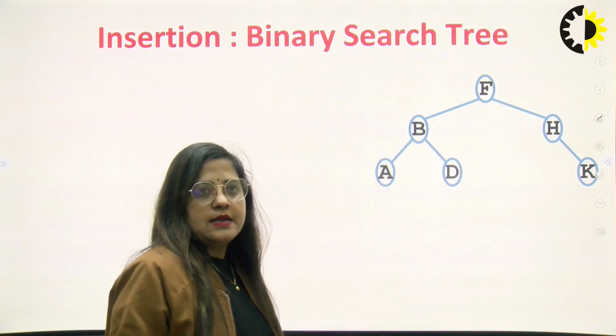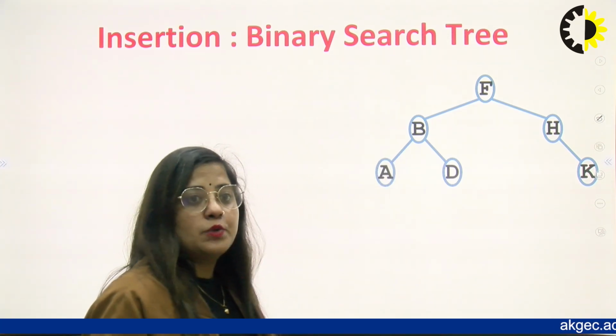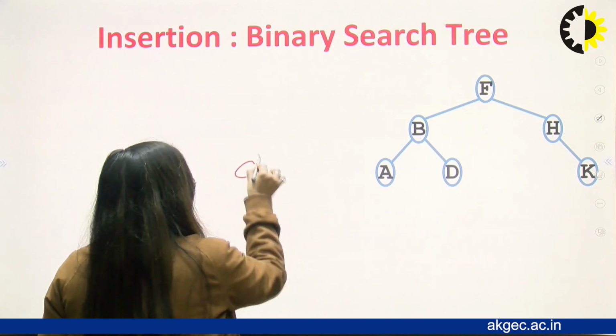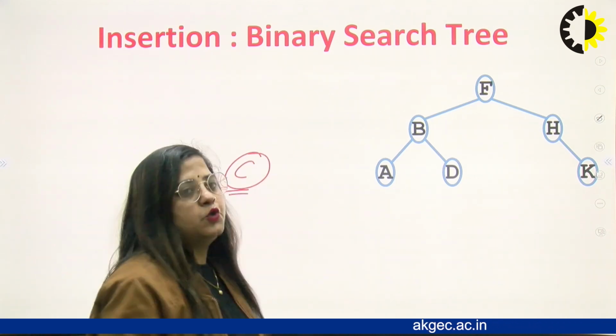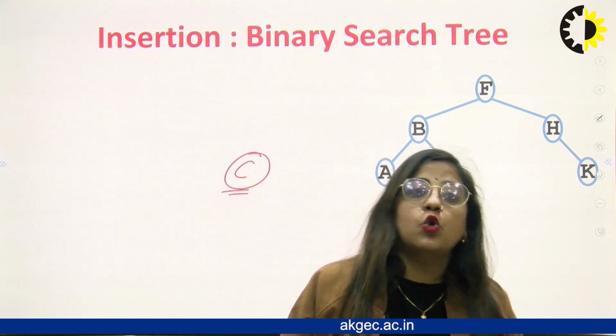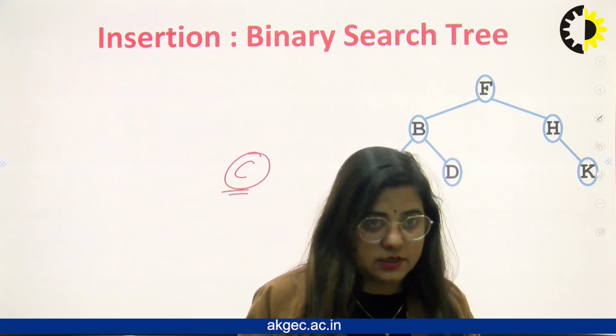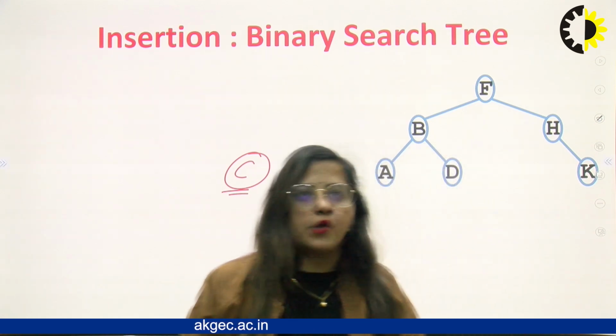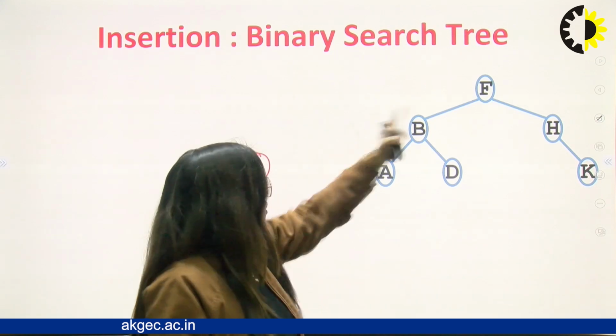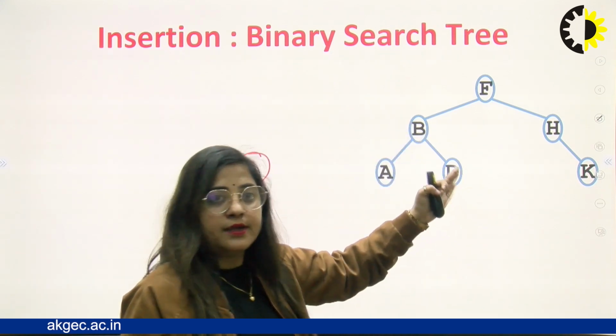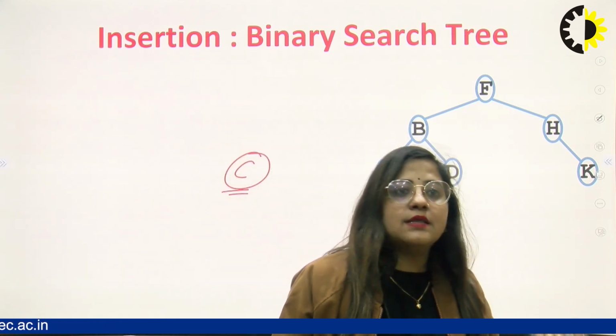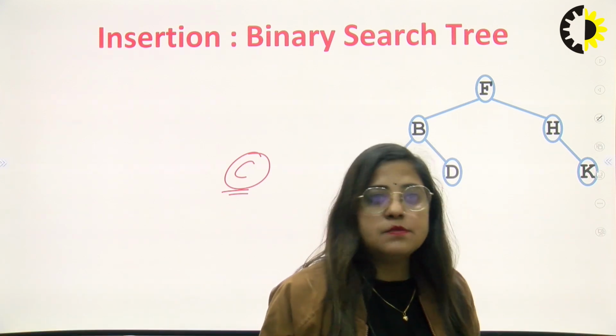Let's suppose again insertion in BST, you want to insert a C. You want to insert a new node C. First of all, check location does not equal to null. Yeah, location is null here. तो यहाँ पे हमारे पास does not equal to null नहीं है. So अब according to this, C is not presented in this BST.